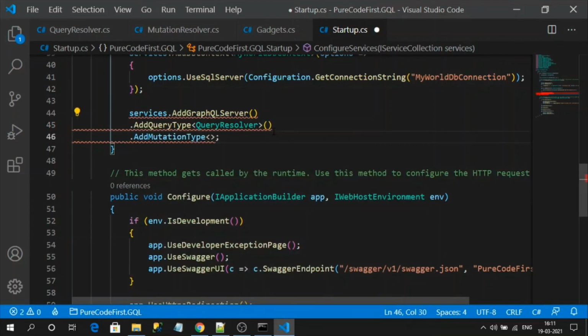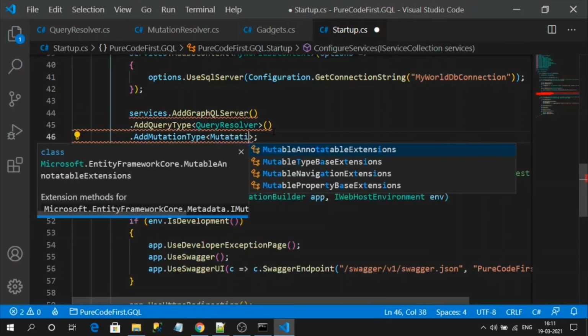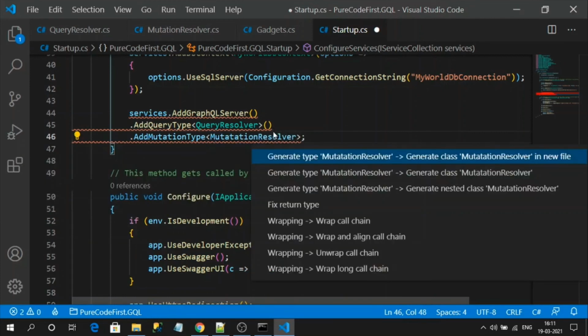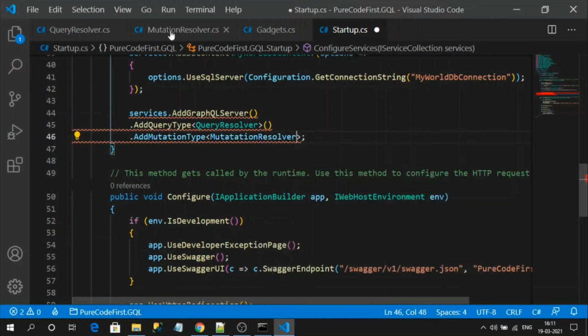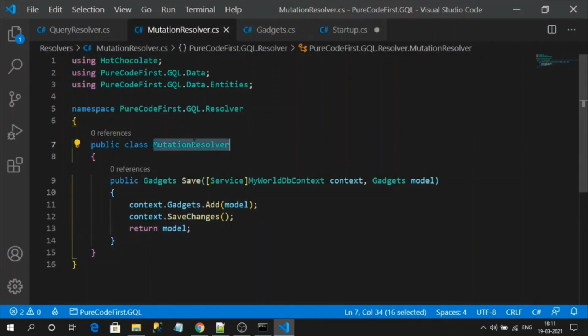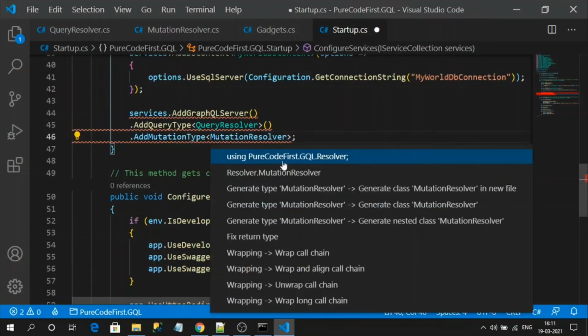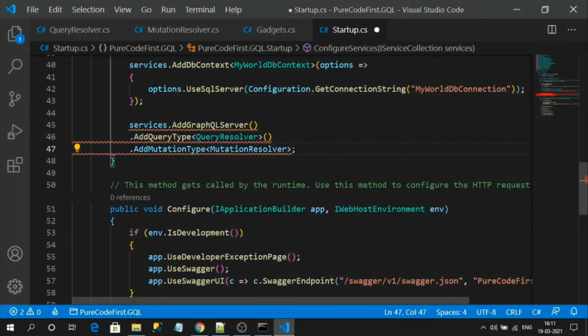Here I can specify that mutation resolver. Copy name. Okay. So that's it. Now it will be generated as a mutation type in the schema.